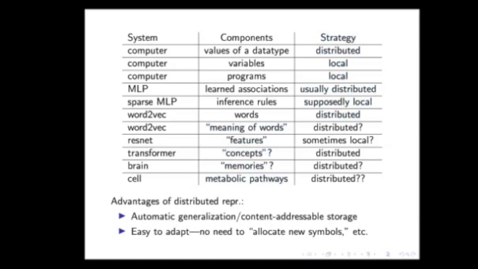If I look at a memory in my brain, do I think that two different memories are represented in isolation, not entangled, or are they overlapping and using the same hardware? And there are a lot of informal observations to suggest that probably the representation we have for memories is somewhat distributed, right?